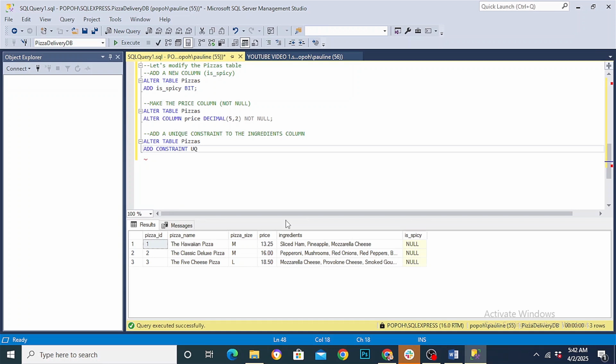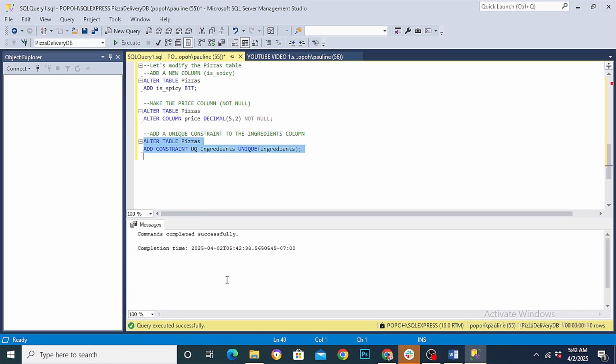So that is unique_ingredients. Then UNIQUE, into brackets, our column name, which is ingredients. Close your bracket, highlight it like this,